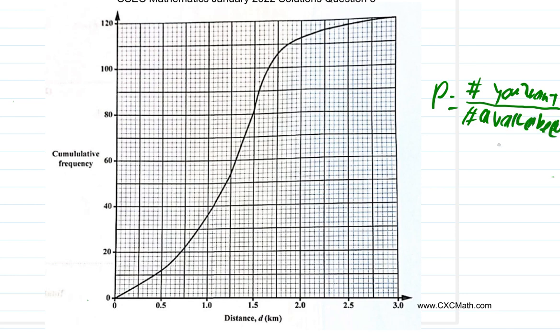All of them, including those that you want, the total available. Alright, so the probability here now is going to be